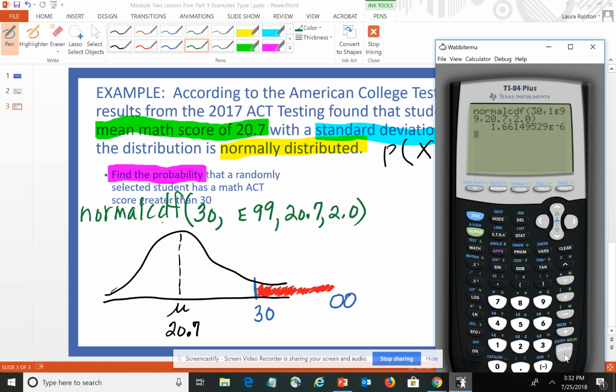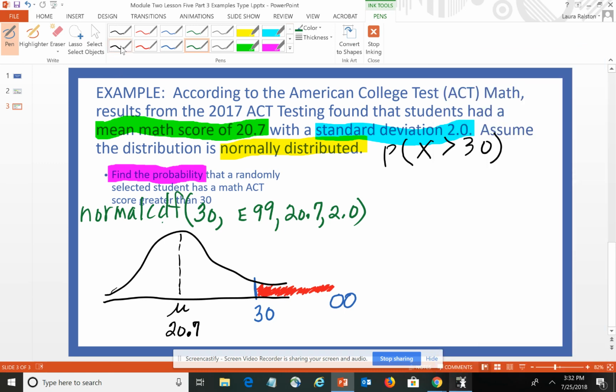Now, be very, very careful. This is kind of a unique problem, okay? Look at the answer. 1.66149529 e to the negative 6. That e to the negative 6 at the end tells me that this is a really, really small number, and the calculator has automatically converted it to scientific notation. So really the answer here is